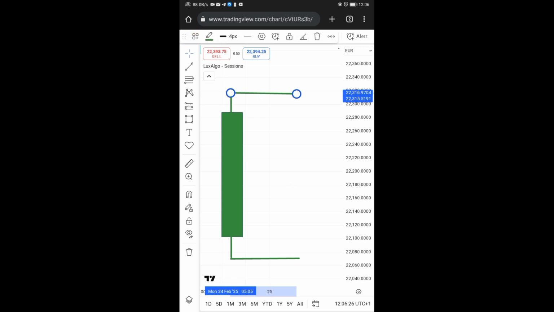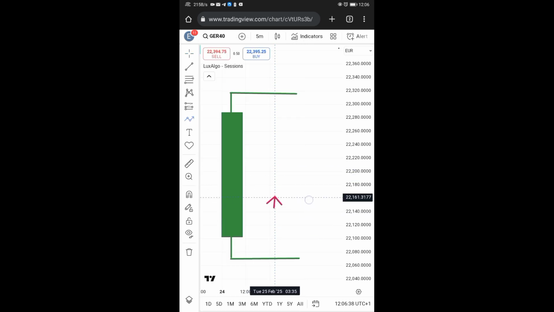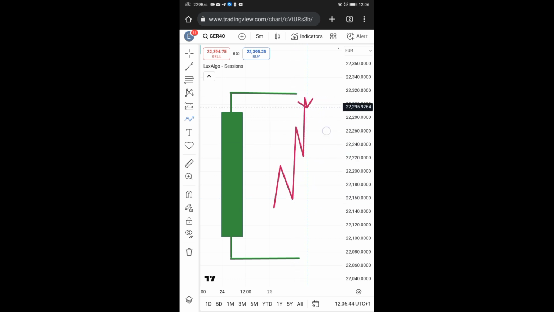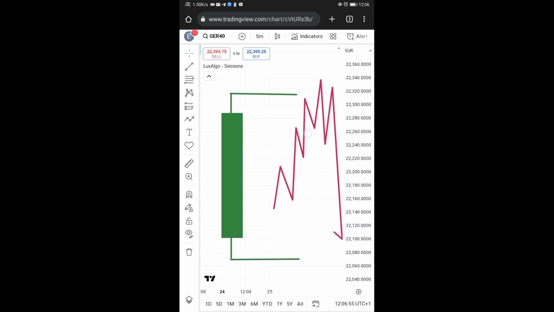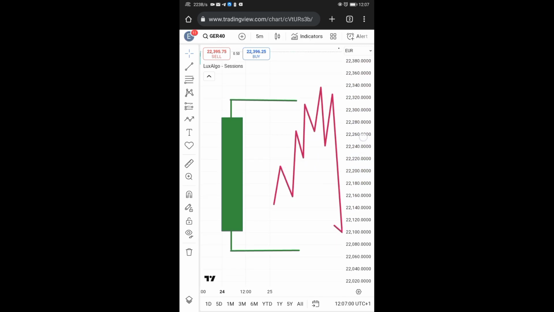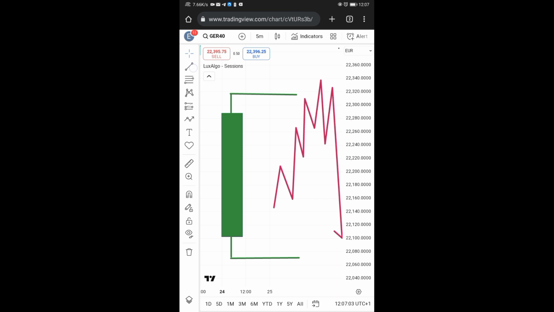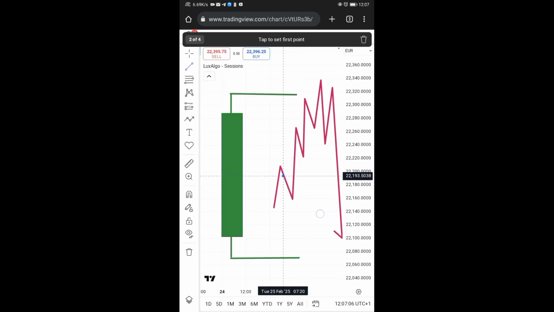So here was the highest high and here was the lowest low. As this market opened today, we are expecting something like this to happen. This is the first thing we are going to be looking at, something like this. So let me explain this diagram right here. We are expecting something like this to happen, which is to say, as the market opens, it comes into